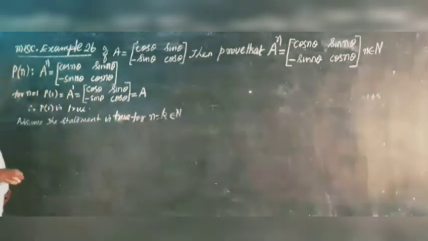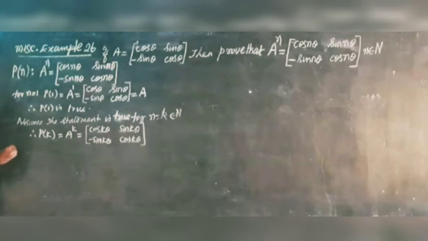N is equal to 2 for n, k belongs to natural number. Therefore, P of k is equal to A power k, which is the matrix cos k theta, sin k theta, minus sin k theta, cos k theta, wherever you got n, substitute k. To prove: